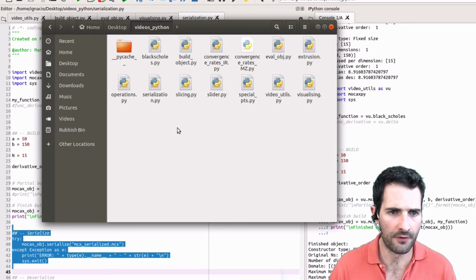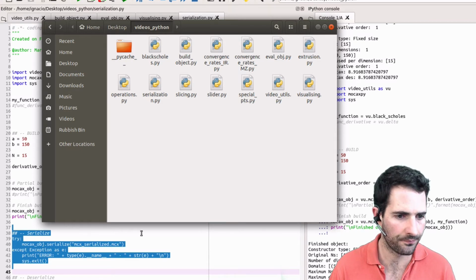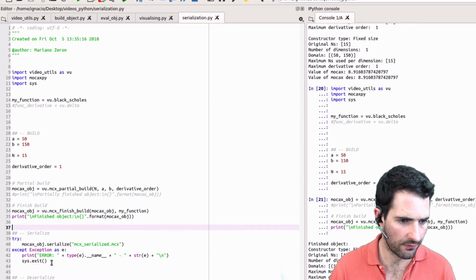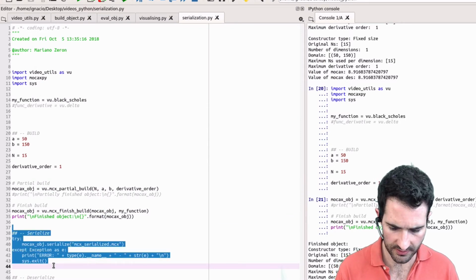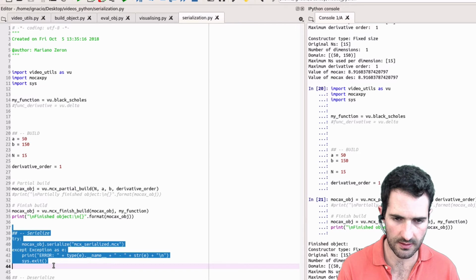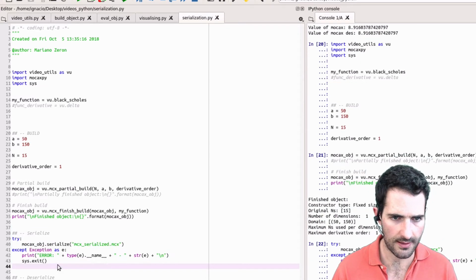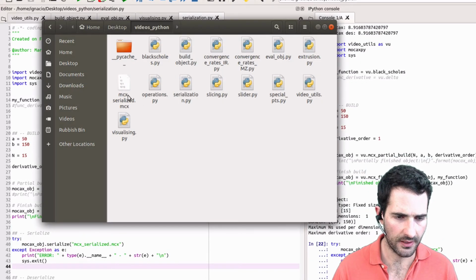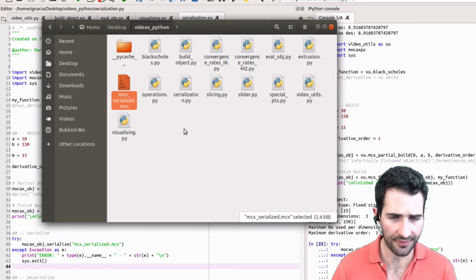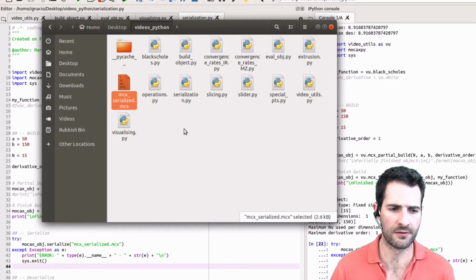I don't see anything apart from a .py file. If I run the code over here, I want to serialize the object that I just created. You'll see that this has been created. We've got a new file here. That file contains all the information from the object,